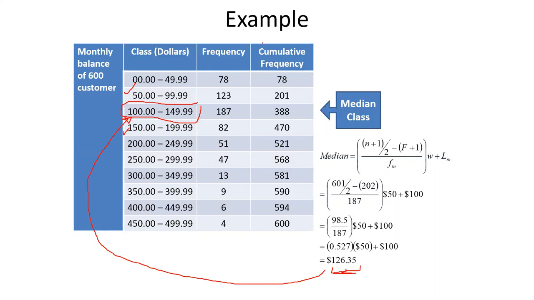It has to be bigger than 100, because see, we started with 100. We are adding something to 100. It has to be bigger than 100. But you may miscalculate something here and you go above 150. If you go above 150, it will be wrong, because you are out of the median class. It cannot happen. All right.